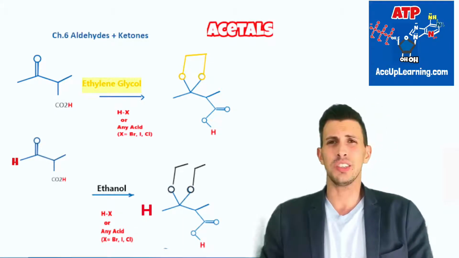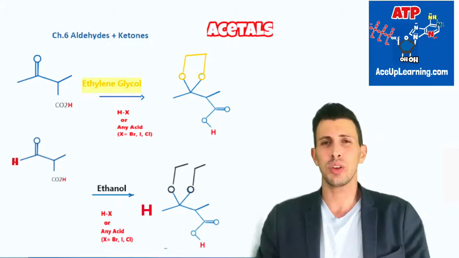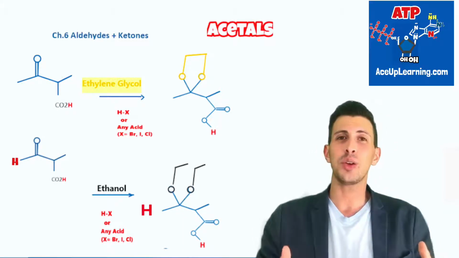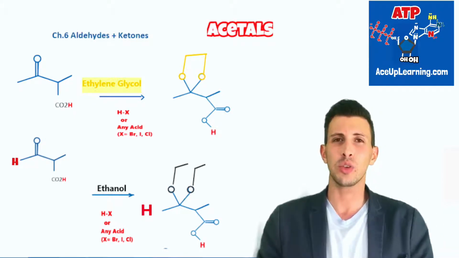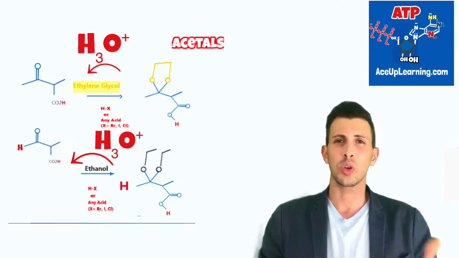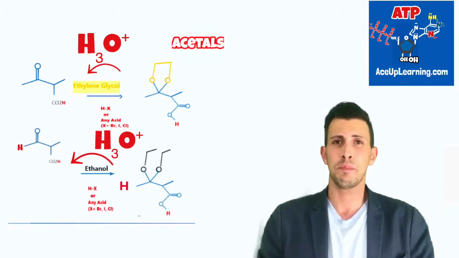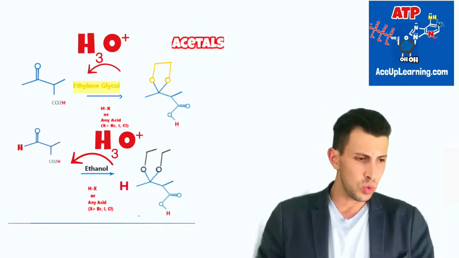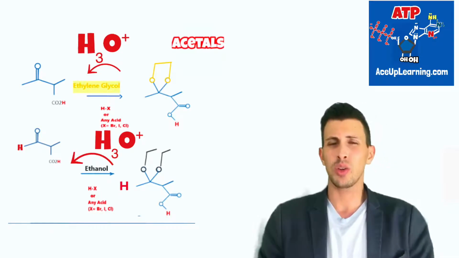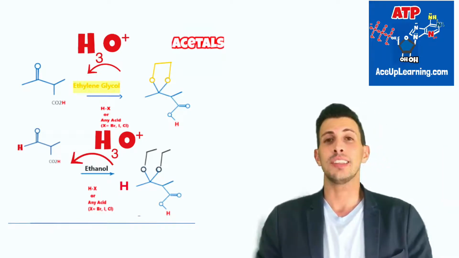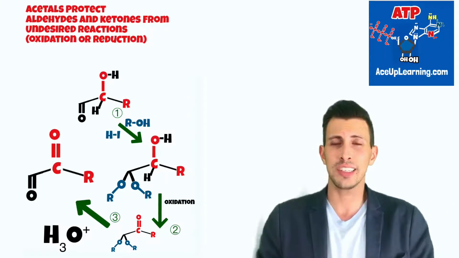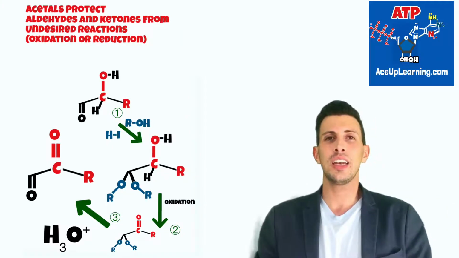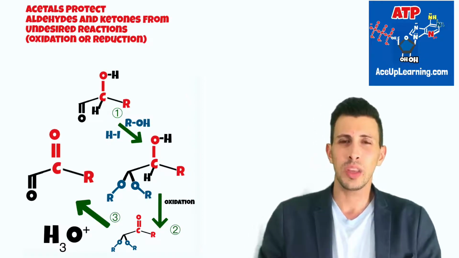And again, the bigger purpose is so that you're able to establish a protecting group, which preserves the identity of the carbonyl after you have an acidic hydrolysis, which reverts the acetal back into its original carbonyl form, which would correspond to that of either a ketone or an aldehyde. And again, the bigger picture here is to say within the same molecule you have a reduction, or in the context of an aldehyde you have an oxidation that you want to prevent the aldehyde from getting oxidized into a carboxylic acid. Then it should make sense that in converting the aldehyde carbonyl into an acetal, you prevent those reactions